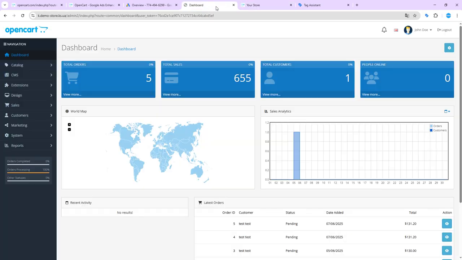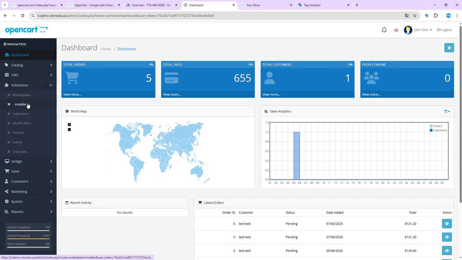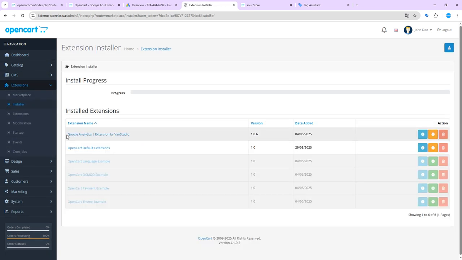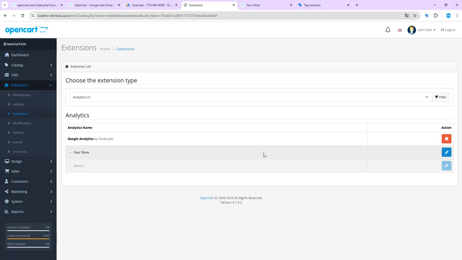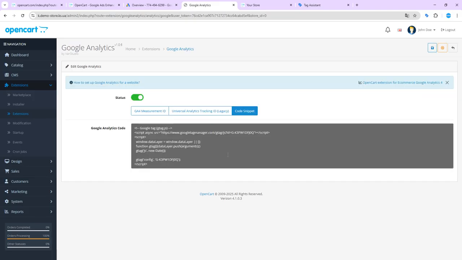OpenCart 4 does not include a built-in tool for adding the Google tag code, so in my demo store, I use the free Google Analytics extension by VanStudio. This extension allows you to insert any custom code, including the Google Analytics 4 or Google Ads tags, into the head section of the site. A link to this extension will be provided below the video. In OpenCart 3 and earlier versions, you won't need any additional extension, because the analytics code field is available